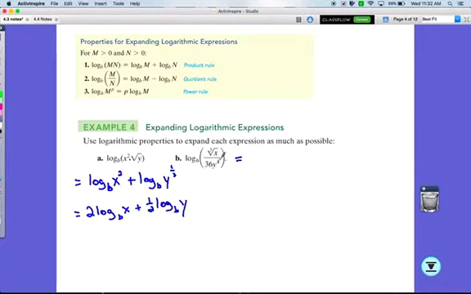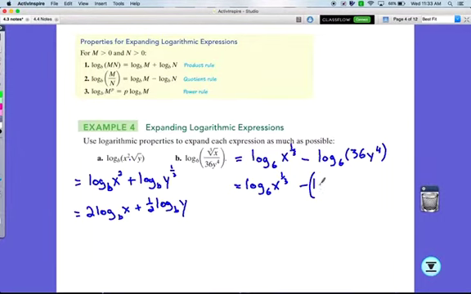All right, B, biggest thing I see is the division, so I can use that quotient rule. So this becomes the log base 6 of the top part, which I'll rewrite as x to the 1/3, minus log base 6 of the bottom part, which is 36 y to the 4th. All right. Now, in that second log, I've actually got multiplication again, so I can actually break that up even further. So I'm just going to rewrite log base 6 of x to the 1/3. All right, minus,